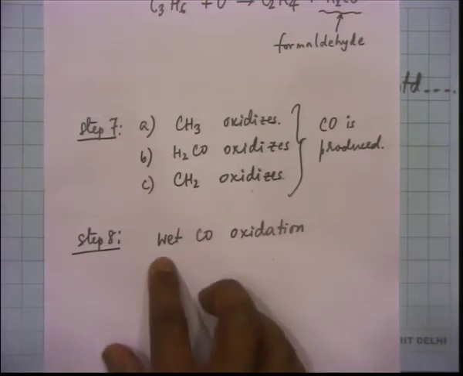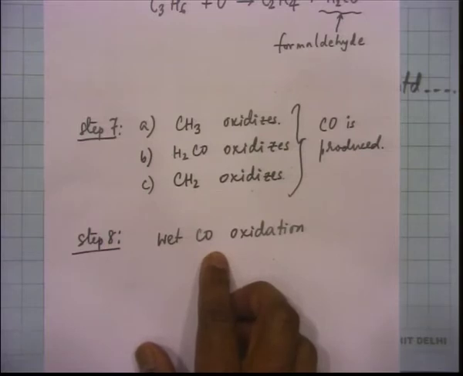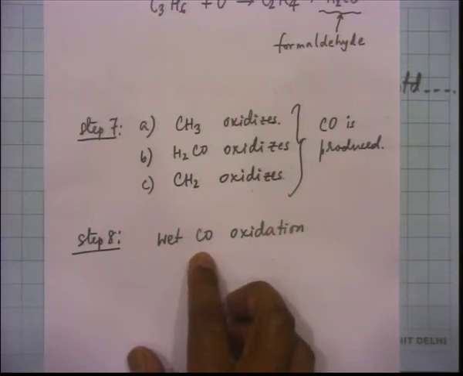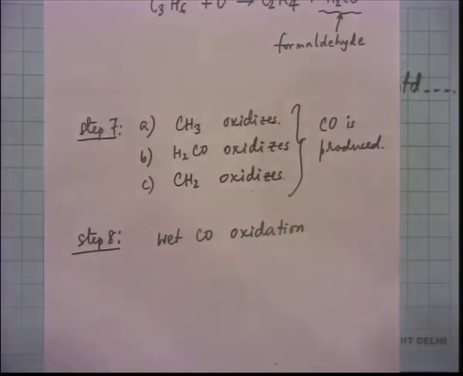So, why do I call it a wet CO oxidation? Because dry CO oxidation is not good enough. Wet CO oxidation is fast, and it will happen because there are a lot of hydrogen containing species including moisture, and this is effective.